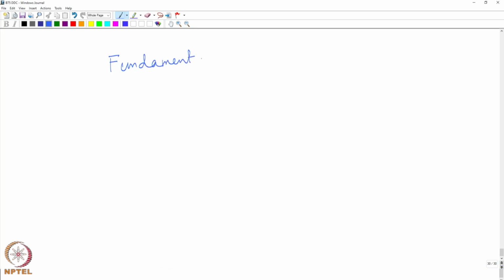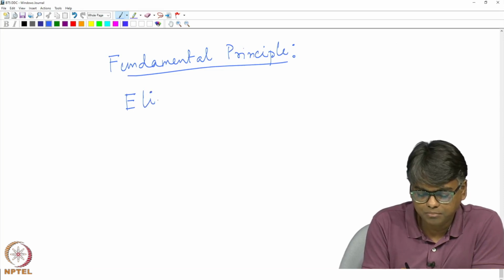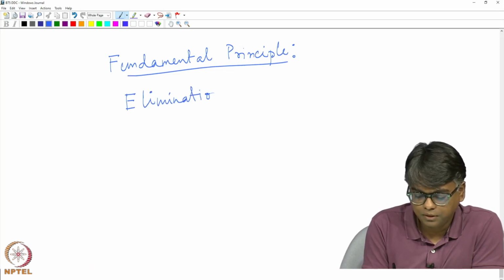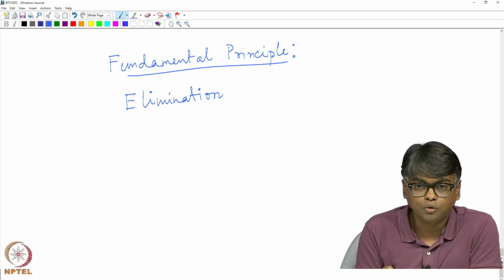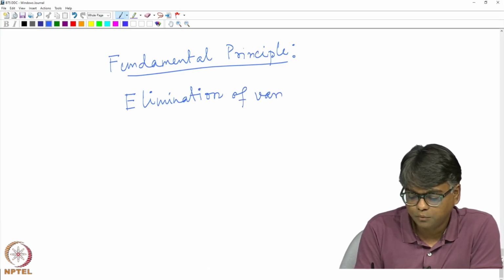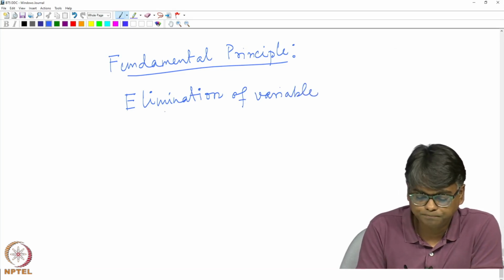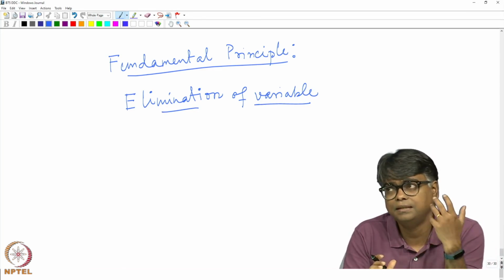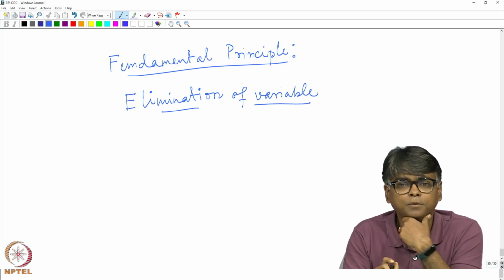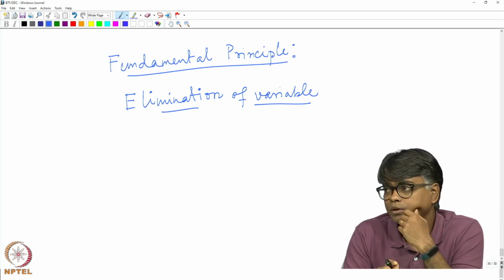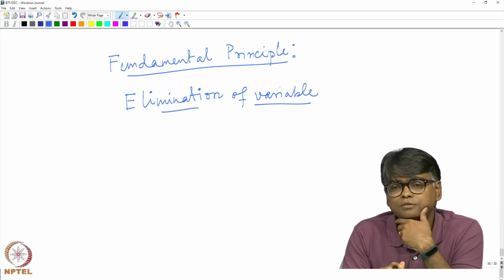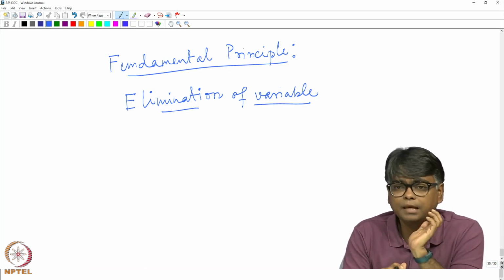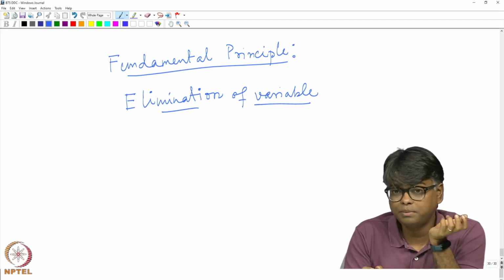And then in the last lecture we used the fundamental principle to carry out this extremely important task that we are often required to do, which is the so called elimination of variables. We looked at this particular example of state space representation, and we argued that state is like a latent variable. We are interested in the behavior of the input and the output. So, given a state space representation, how to get rid of the state variables to get a representation involving only the inputs and the outputs? That was one particular example of an elimination